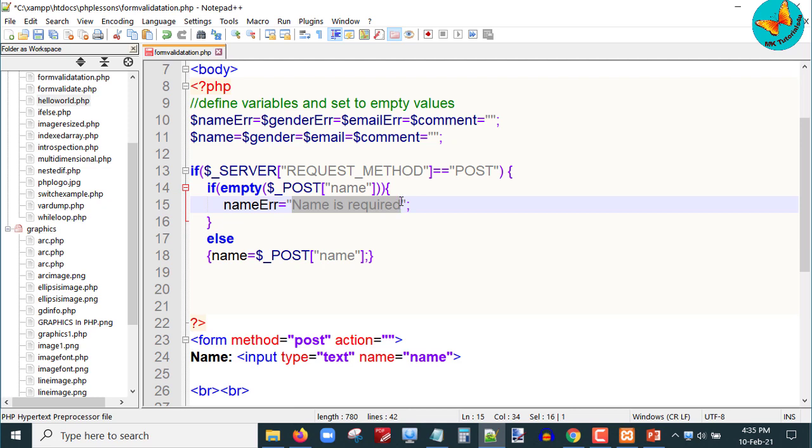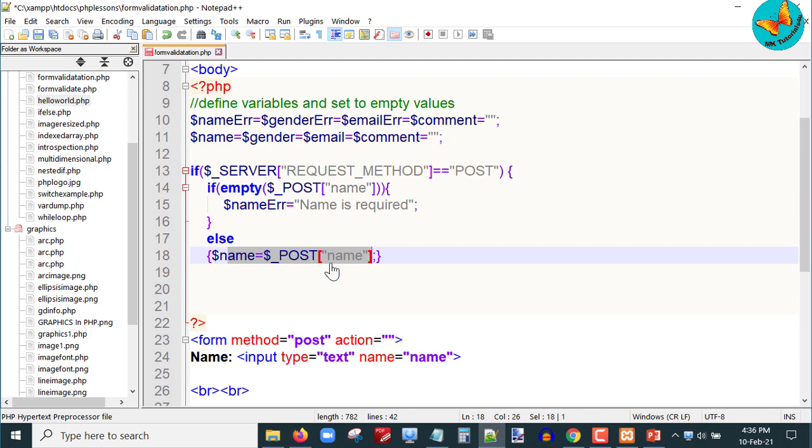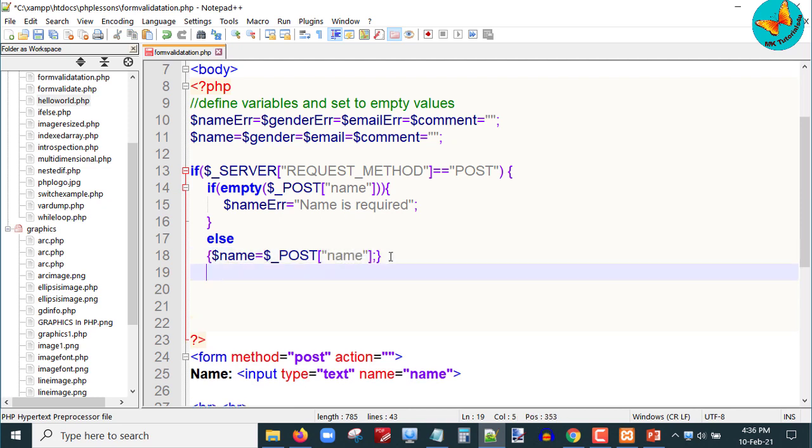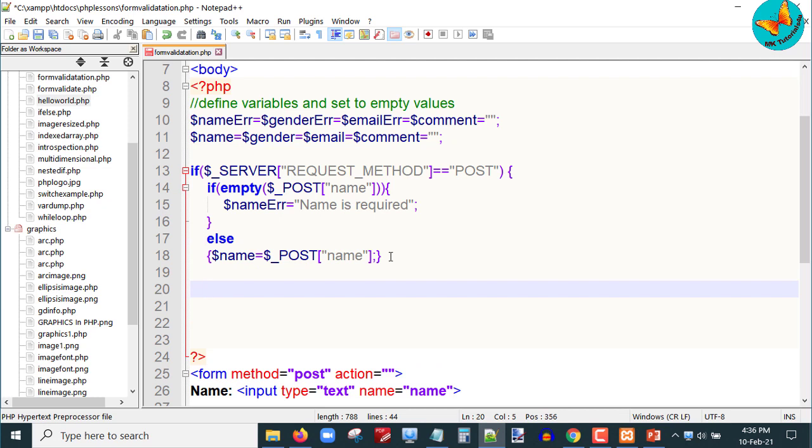If the field is not empty, then I just want to store the value in my name variable. So I'll just write here else $name is equals to $_POST, and within the square bracket I will write name, close the bracket.